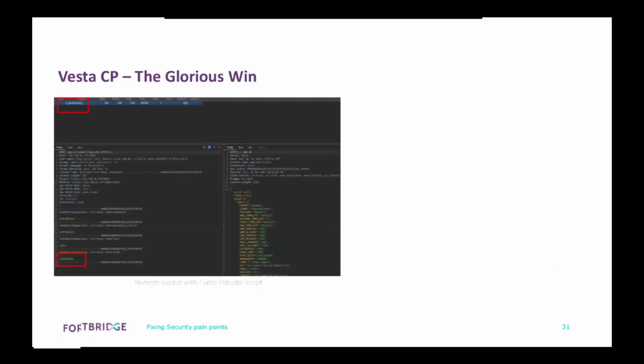And this is how it looks with Turbo Intruder. I brute forced it over the past 3 years. And here at the top, this is the password reset token. And you can see here,